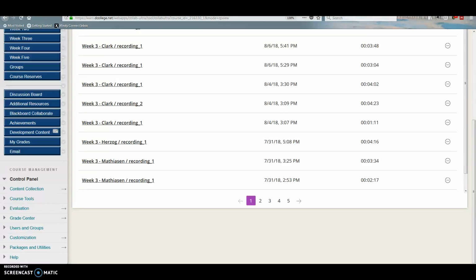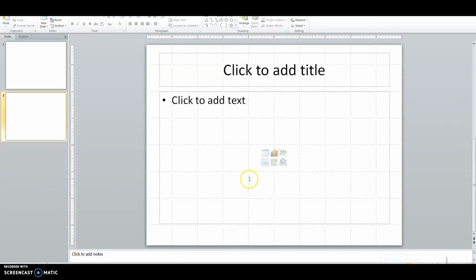Okay, Chalmers, so I'm just going to show you really quickly how I put a screenshot image into a PowerPoint presentation. So I'm going to take a screenshot just of here, of the course that we're in, and then I do a print screen, and you should be able to see a screenshot was added for me. The next thing I want to do is open up my PowerPoint presentation, and you go here